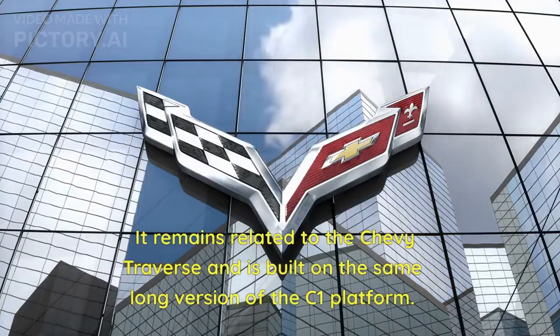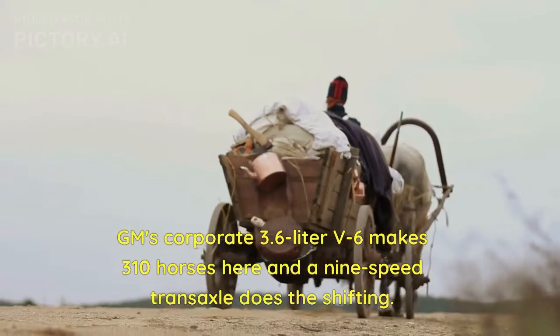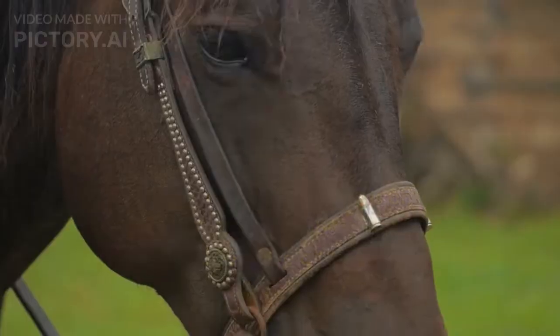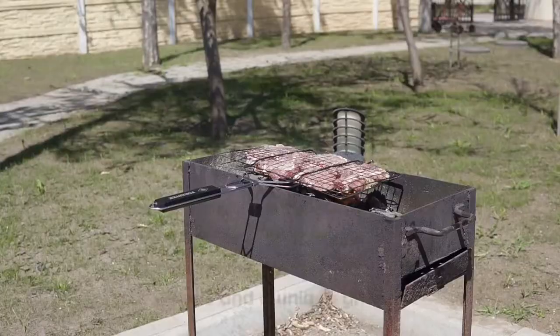Buick's second-gen Enclave is 2 years old, which makes it a slightly familiar member of the group. It remains related to the Chevy Traverse and is built on the same long version of the C1 platform. GM's corporate 3.6-liter V6 makes 310 horses here and a 9-speed transaxle does the shifting. Our Essence trim example is one step up from Buick's base model, and all-wheel drive adds $2,000 to the chit. Spending an additional